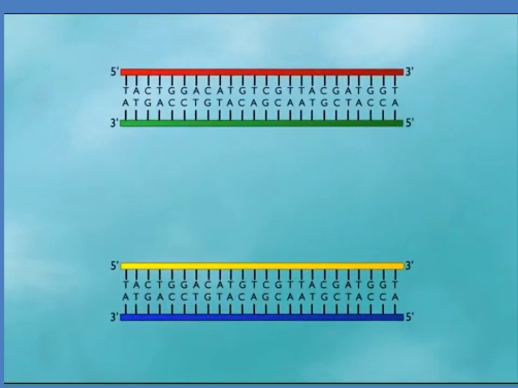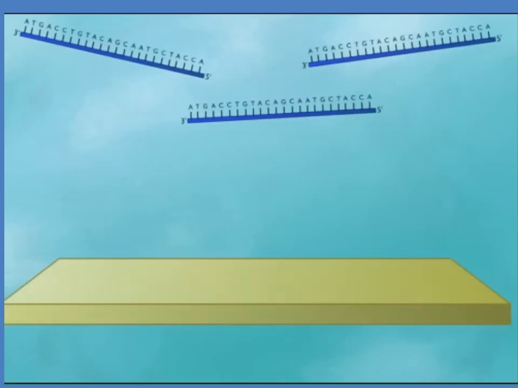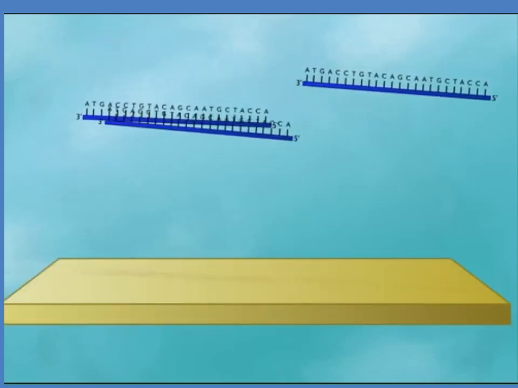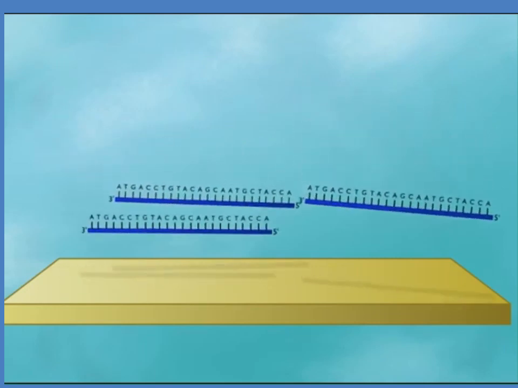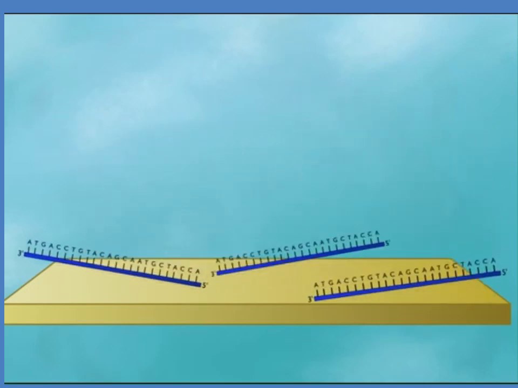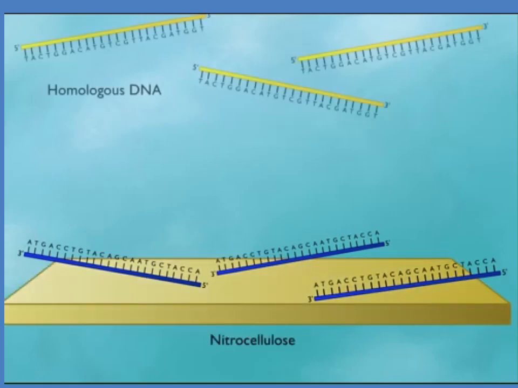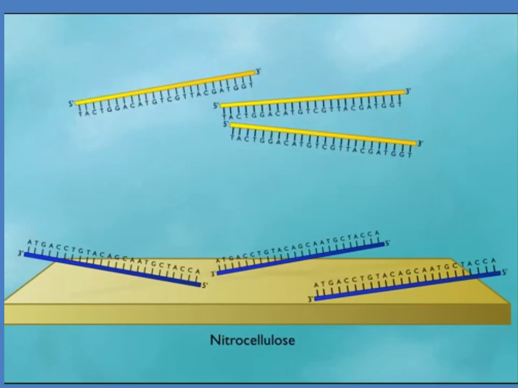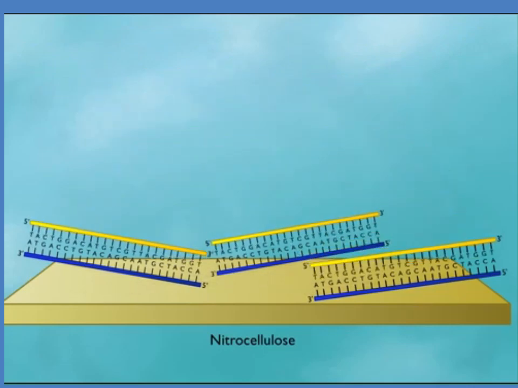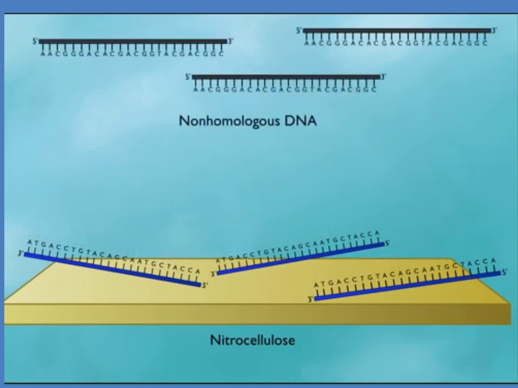Regions of double-stranded DNA in which the respective single strands hybridize to one another are said to be homologous, or have similar or identical nucleotide sequences. The high specificity of base pairing interactions between complementary strands of DNA can be used to locate a specific nucleotide sequence in a sample. If the DNA from one source is immobilized by attachment to a solid surface such as nitrocellulose, homologous DNA from another source will hybridize and be retained by the immobilized DNA. This is the basis for various DNA probe techniques. Non-homologous DNA will not attach.